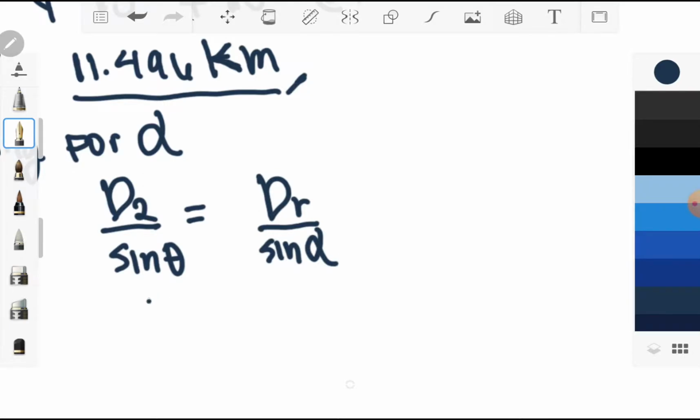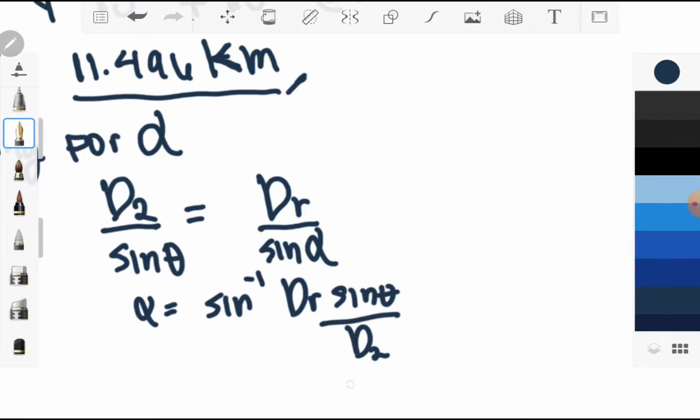Solving for alpha, we'll have alpha is equal to sine raised to negative 1, dr sine theta all over d2,